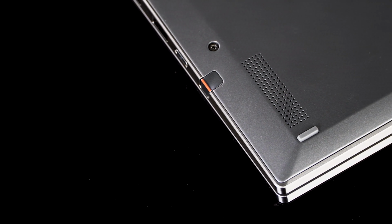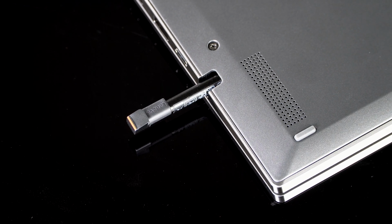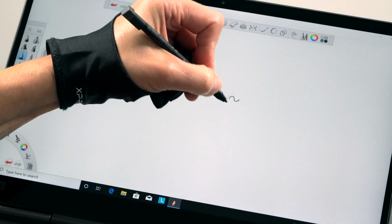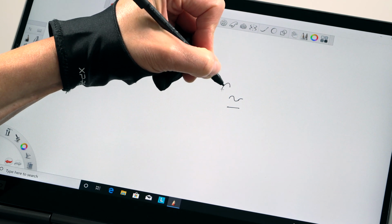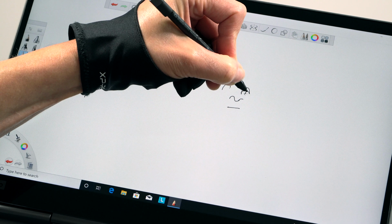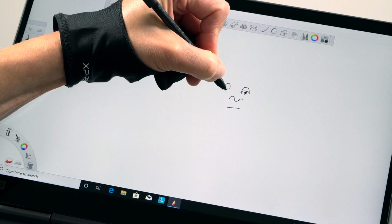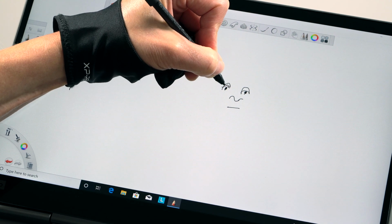So how about that pen? It's the usual Wacom AES digitizer that Lenovo has been using in ThinkPads for some time, and they say that this is 2048 levels of pressure sensitivity and the usual small ThinkPad pen that lives in the silo on the side of the laptop, which is always a good thing, though. With Dell Inspiron finding a way to put a full-size pen garage on a laptop, I'd love to see that